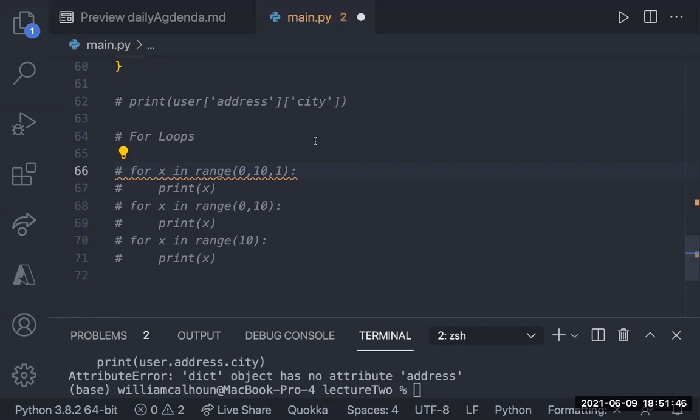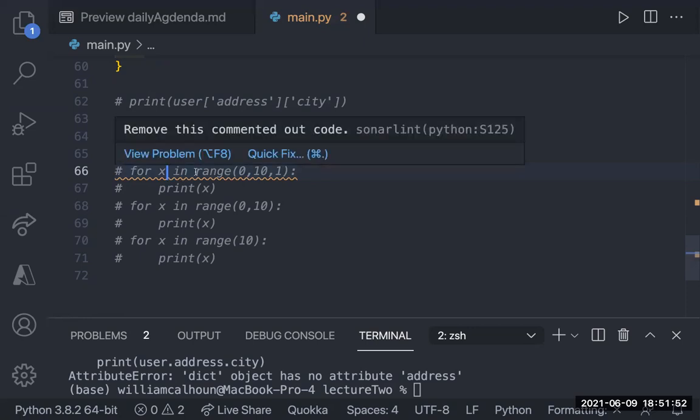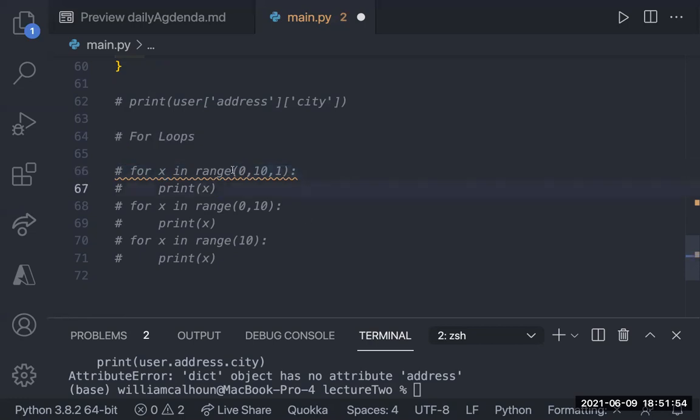But it's a little bit easier. You don't have to do that variable declaration. You don't have to do all kinds of stuff. What you can just say is for x in range, and then you can give 3 numbers. This first number is where you want to start. This middle number, exactly like our JavaScript, is the condition you want it to go until, until this is no longer true. And then this is how much you want to iterate by.